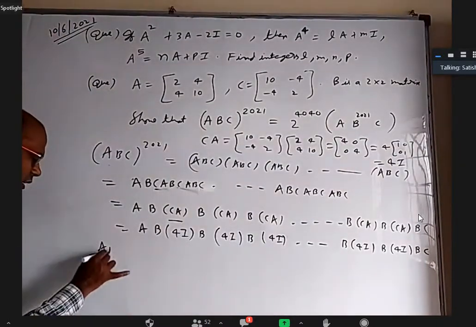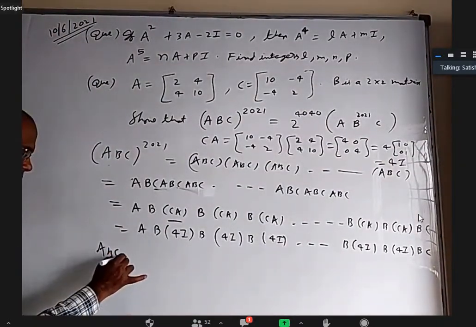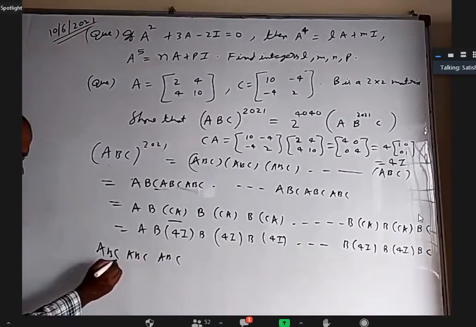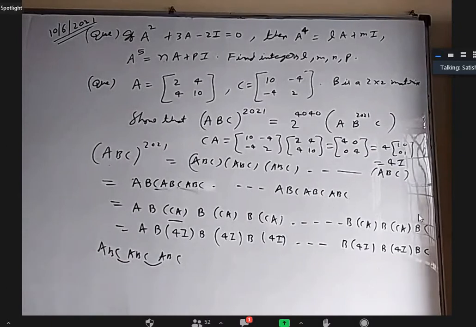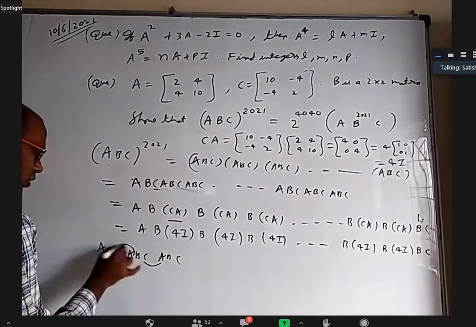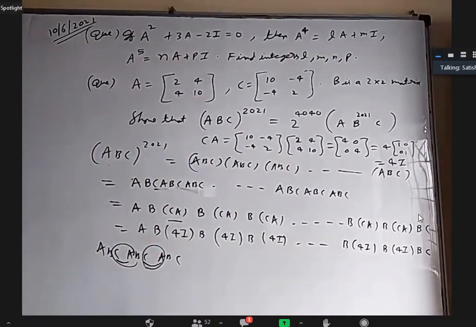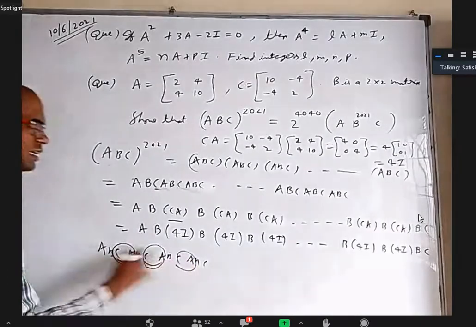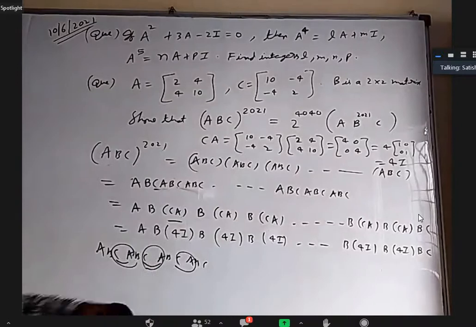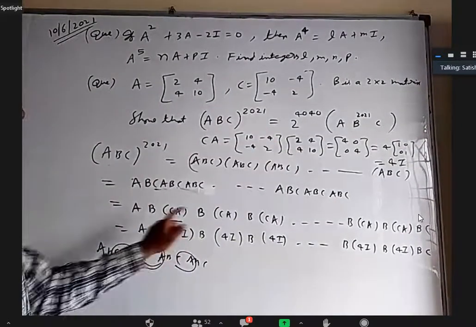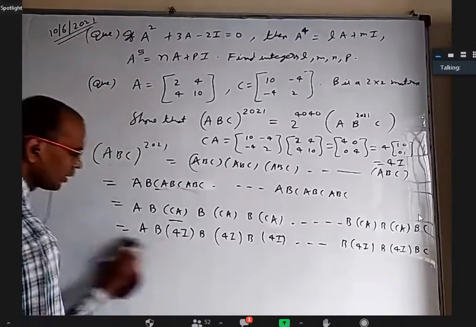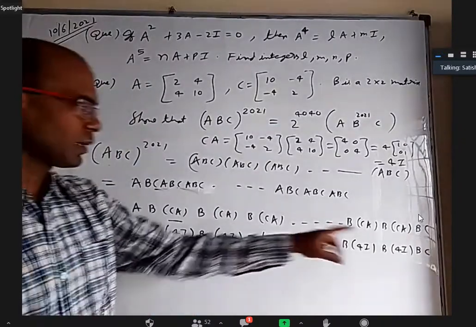That is, I'll take only ABC whole cube. I'll get ABC into ABC into ABC. Then I got CA once and twice only. So when I took power 3, I got CA only 2 times, one less than that. If I take one more ABC, that is power 4, I got CA 3 times only. Like that, I can understand when it is 2021, the number of CAs is not 2021. It is 2020. Okay. So I am going to take all these numbers out.